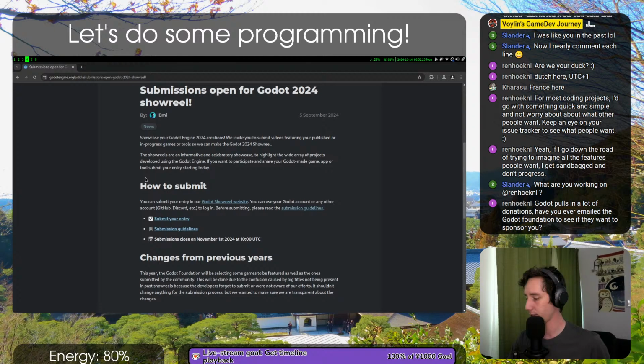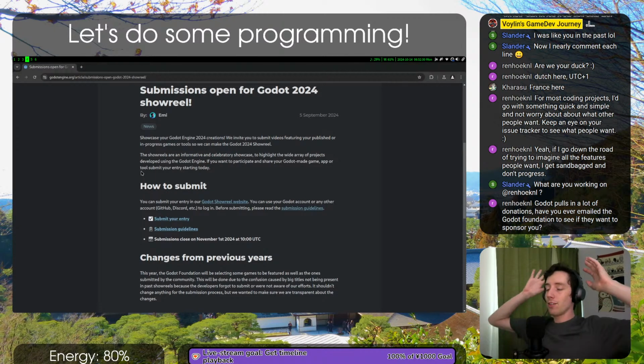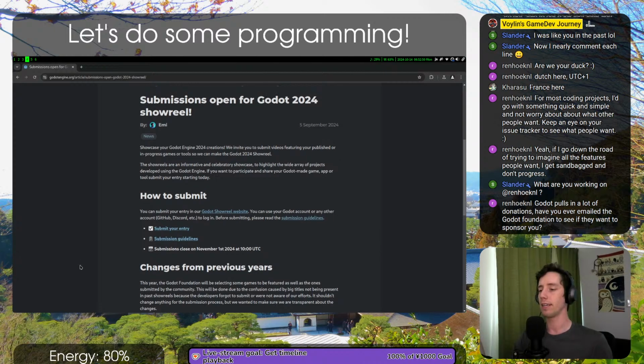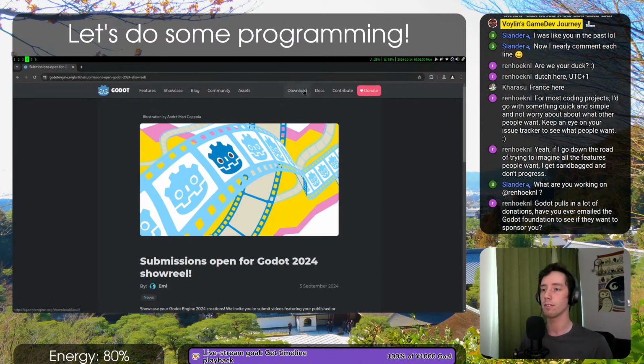Have you ever emailed the Godot Foundation to see if they want to sponsor you? I don't know if the Godot Foundation would want to sponsor me, because I do contribute a couple of small amounts to the Godot project, but not to say that I am a valuable asset for Godot. So I'm not certain if Godot would actually think about sponsoring me. Yes, they earn a lot. If you go to the donate section,